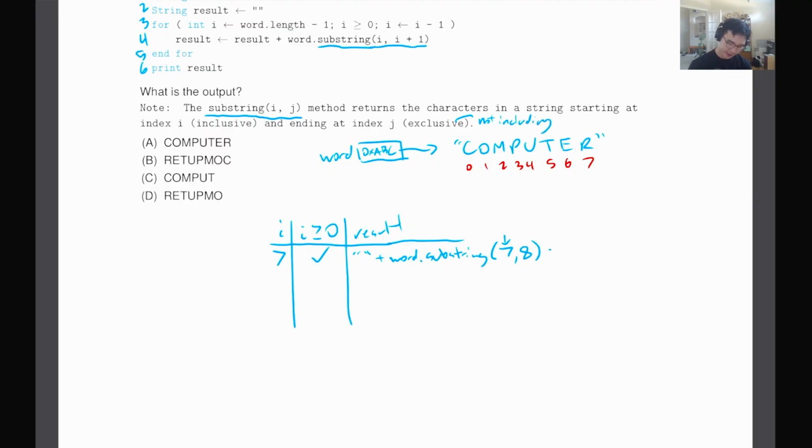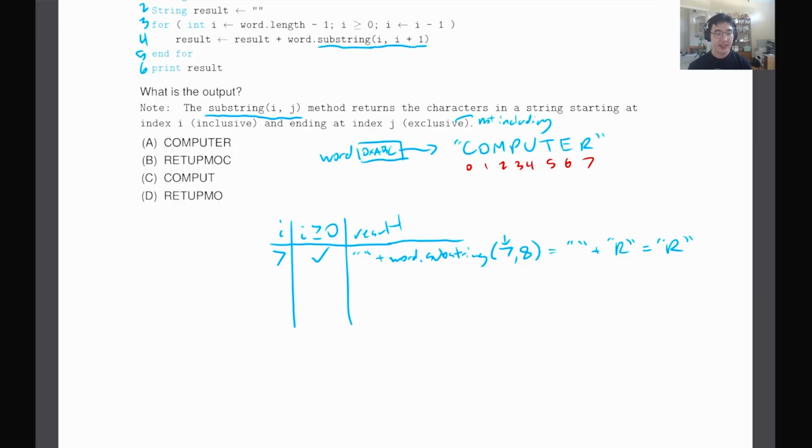So that is the same thing as this plus R, which is R. The result is R right now. Okay, we go to line 5, and then we loop back up, and we go to the change,